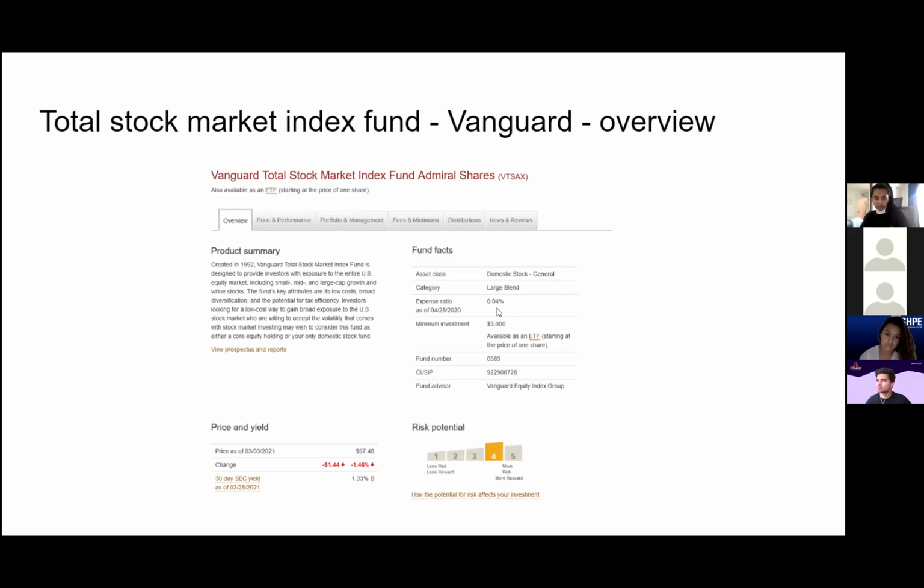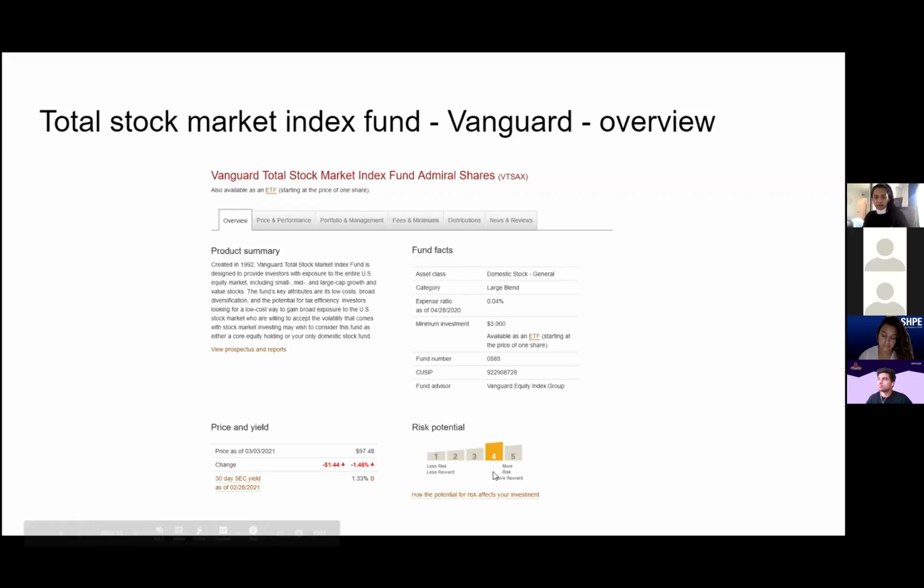This is 0.04%, and when you're buying an index fund, you want to be buying something that's south of 0.1%. A basis point is how we say it, 1/100th of a percent. So this is 4 basis points. So this is good. This is a good cheap fund. That's a good number that you're looking for.